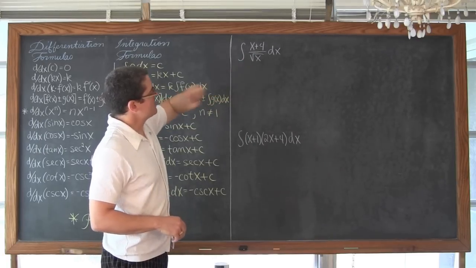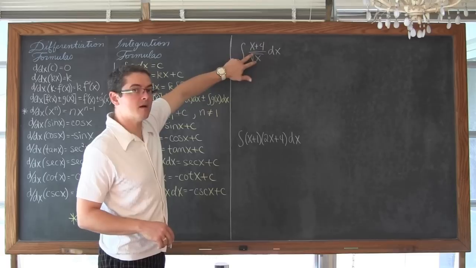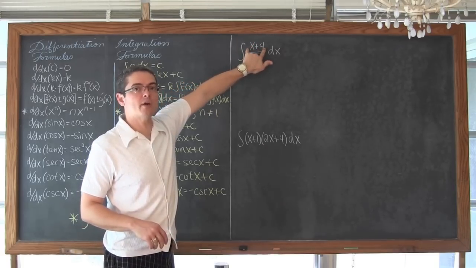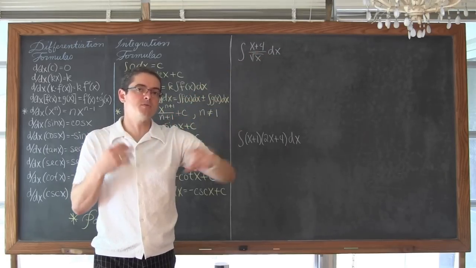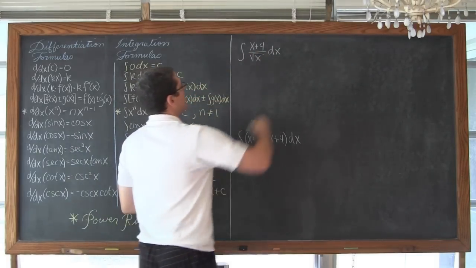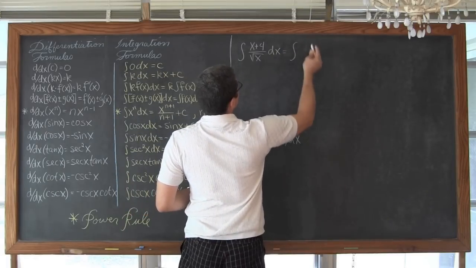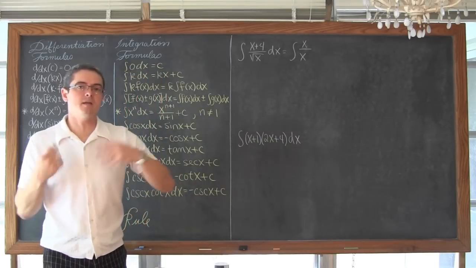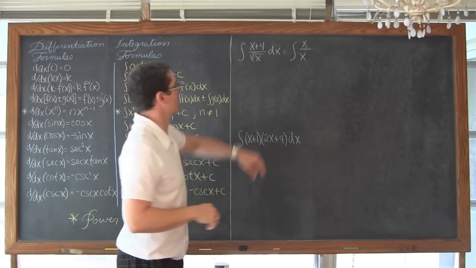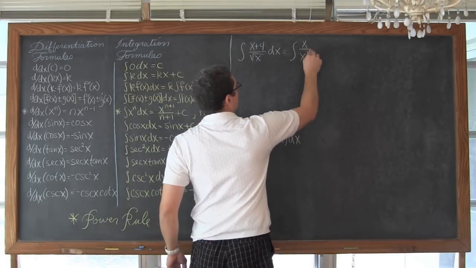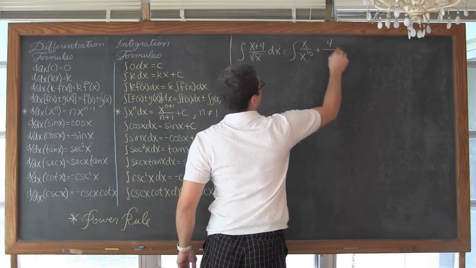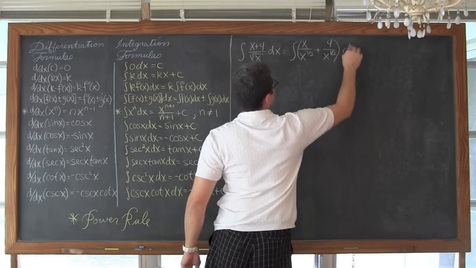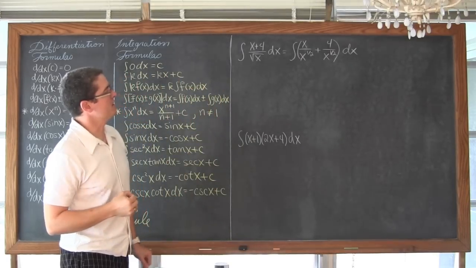There's really nothing in the denominator that we can flip up. So we see that we have 2 terms in the numerator, and we're going to pull those 2 terms apart and write 2 separate fractions for now. That's going to be the integral of x over, now I'm going to write the square root of x in rational exponent form, which is easier to work with. So we have a root of 2, so it's x to the 1/2 power, plus 4 over x to the 1/2, and again, all with respect to x.